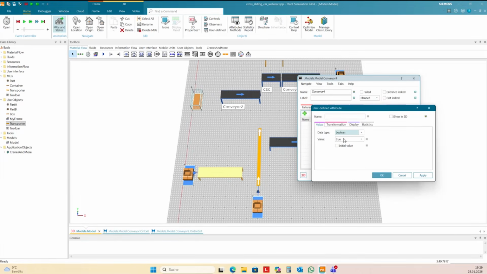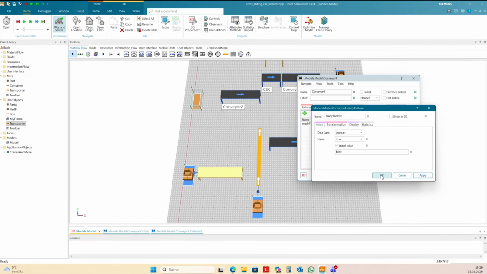Type boolean, okay. I need a name, for instance, ready to move. The initial value should be false.